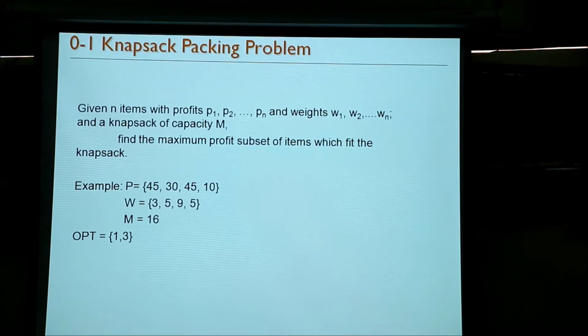Right, and here the upper bound which we will use is that any solution of the 0-1 knapsack problem is less than or equal to the optimum fractional knapsack on the same instance.